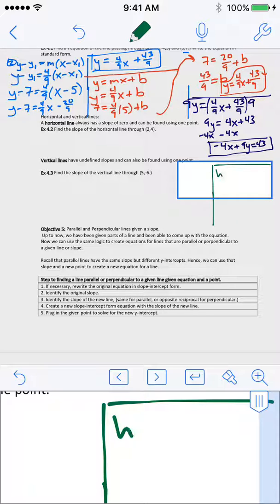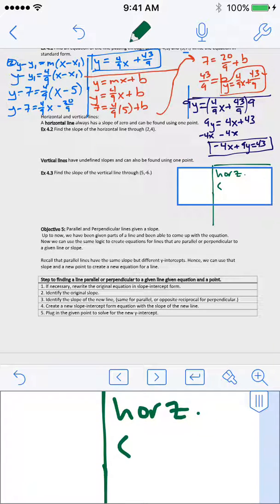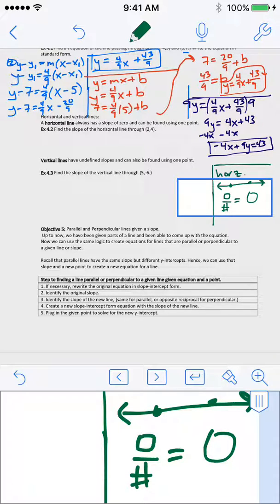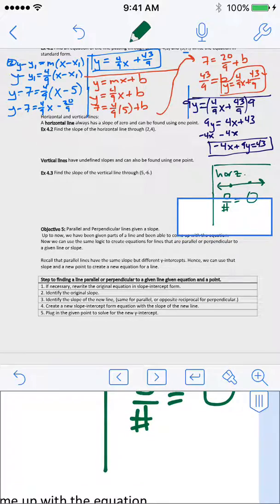Alright, so horizontal. Remember, horizontal lines run from side to side. Perfectly straight lines. And because they do that, they have no rise over some run. And because of that, they have a slope of 0, right? So it's okay to have no rise. It's okay to just keep going forever. You just have a slope of 0. You rise nothing. Whereas a vertical line,